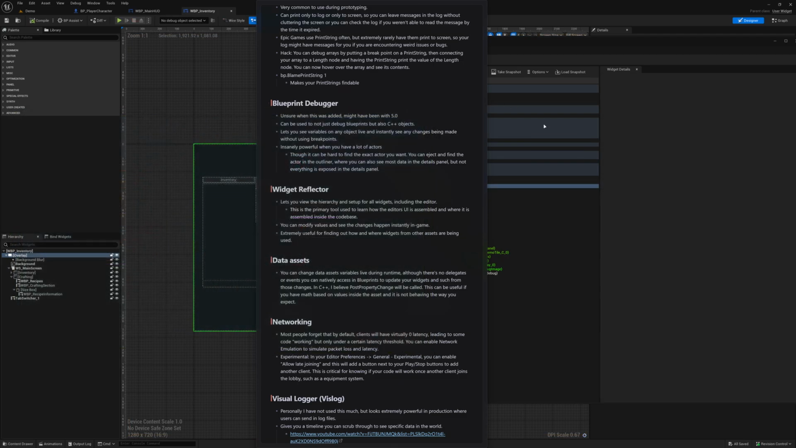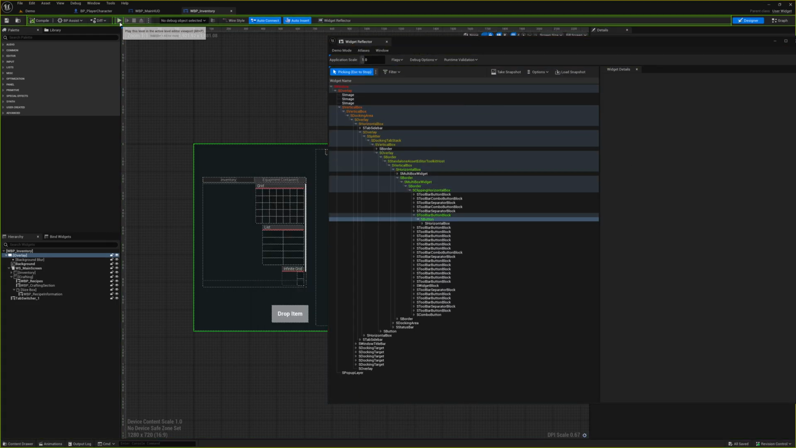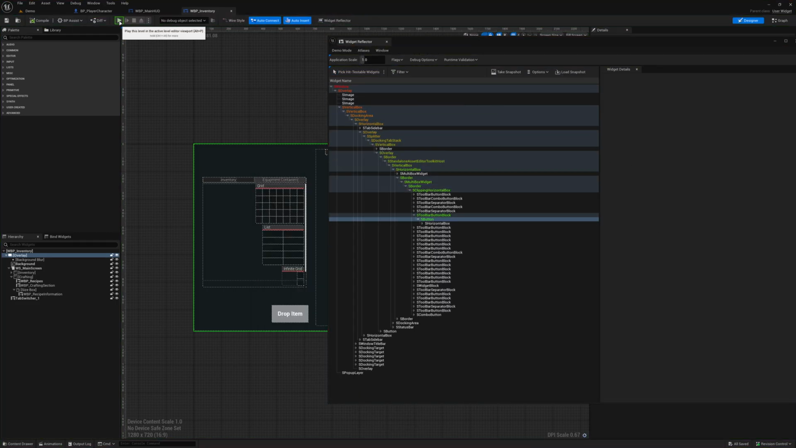If I close this now, yeah, you can modify the values and see the changes happen instantly. This is extremely useful for finding out how and where widgets from other assets are being used. And this is also the primary tool to learn how the editor's UI is assembled and where it is assembled inside the codebase. So for example, if I wanted to know where this play button is being added, there